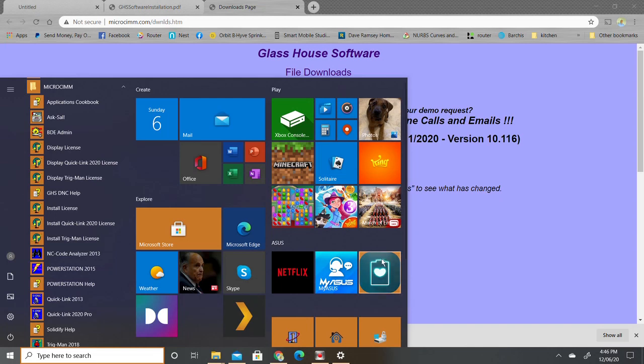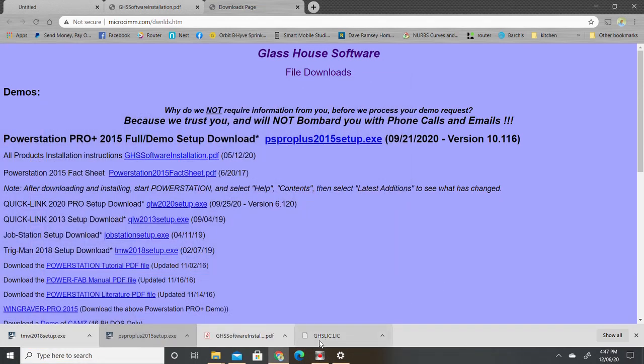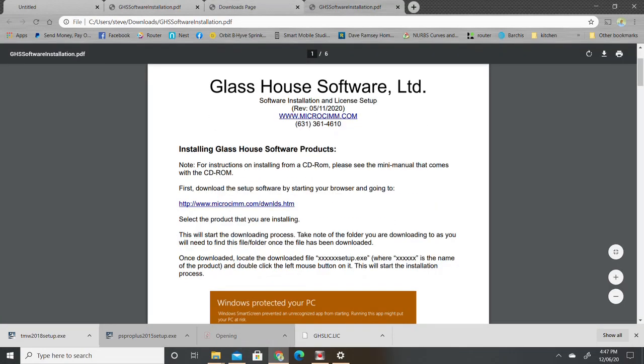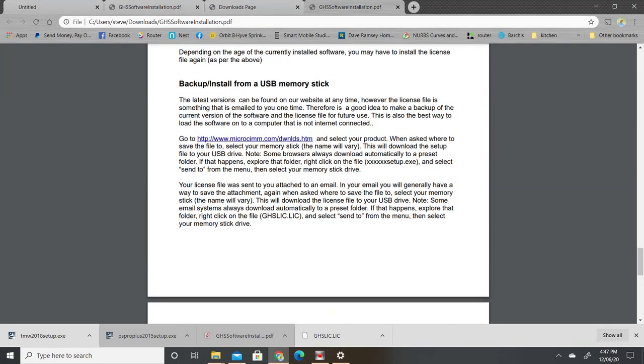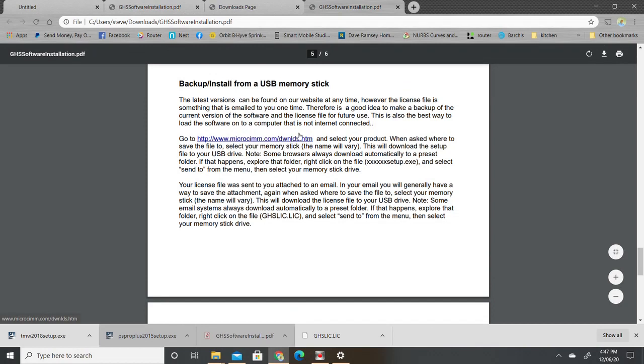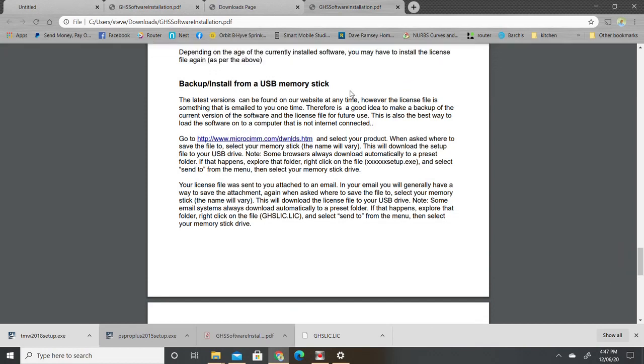Do this for yourself, and it goes through this in the file on installing the software. If you go to the very end, I think it is. Okay. All right. Backing up and install from a USB memory stick. Buy yourself a $20 memory stick. Or if we look in downloads,